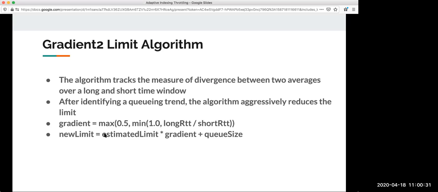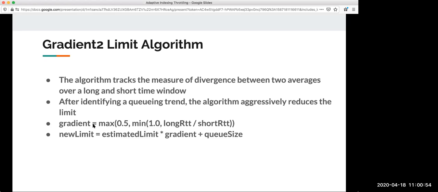If you look at the function, it is just taking the max of 0.5 and the minimum of 1 and the long window response time divided by the short window response time. Suppose the long window response time was 500 and the short window response time increased to, say, 750.